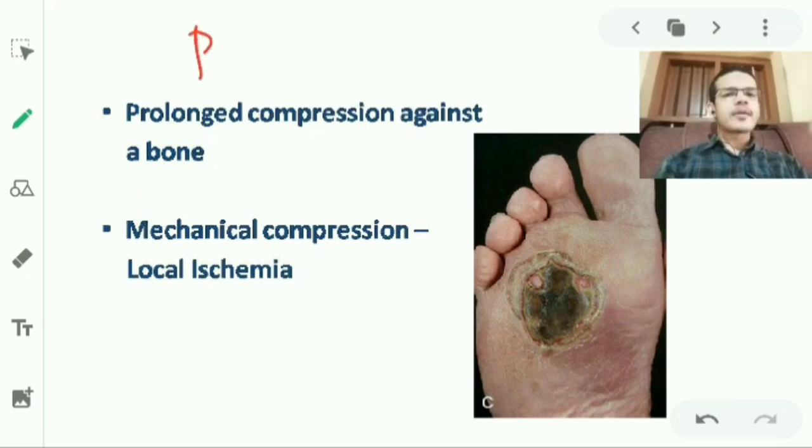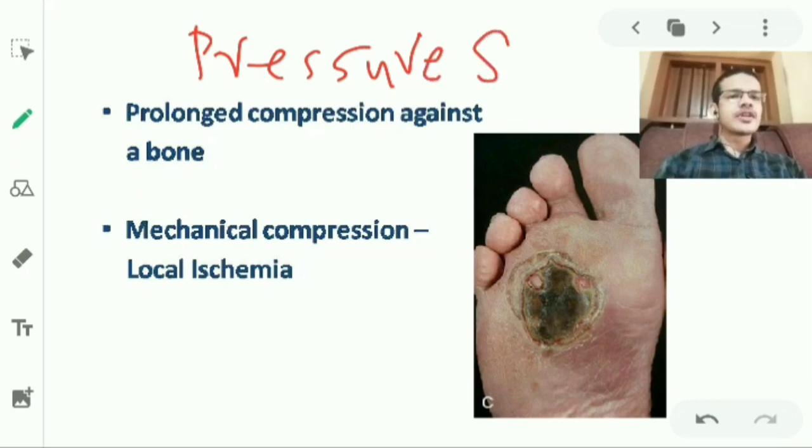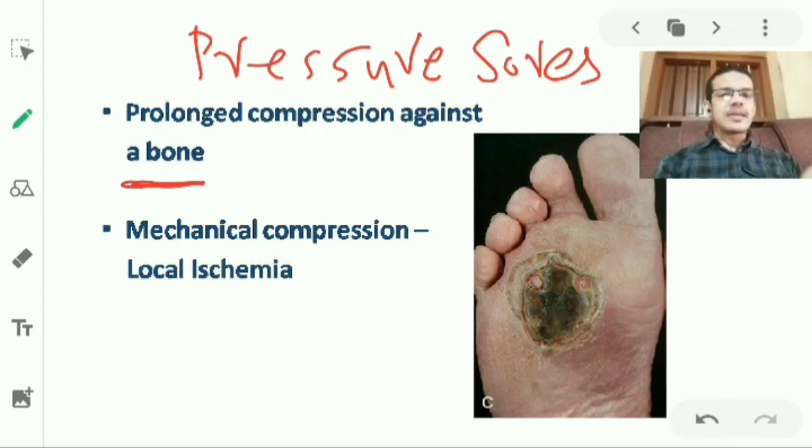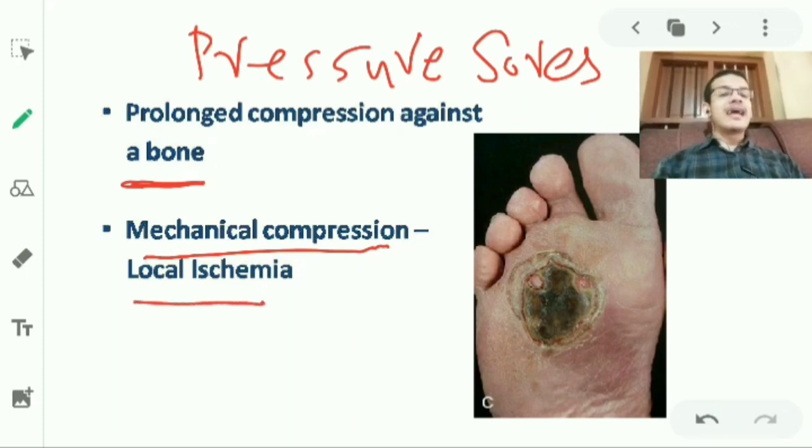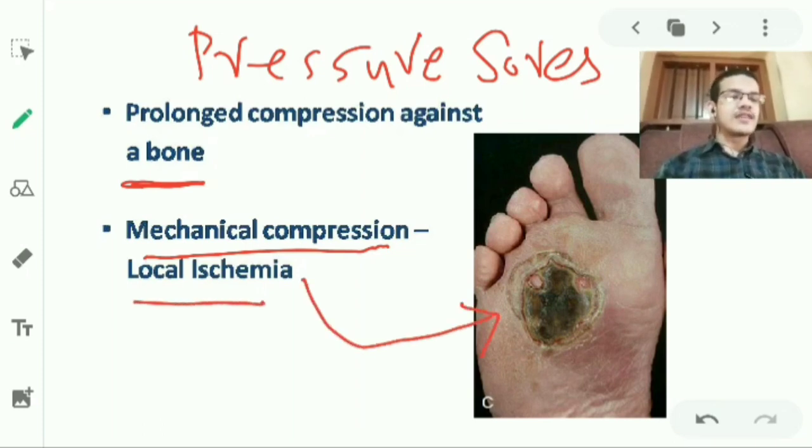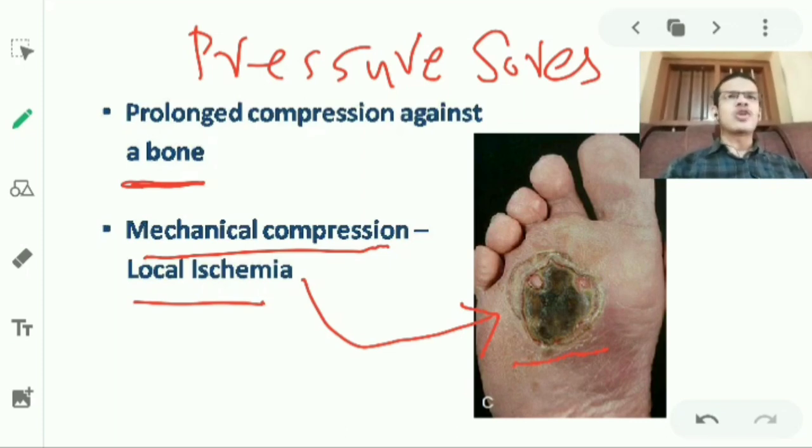Speaking about something known as pressure sores, the name gives it away. If there is prolonged compression of soft tissue against a prominent structure like a bone, that is going to cause ulceration, necrosis of that region. The mechanical compression of that particular region blocks the blood supply, and if it prolongs, it leads to necrosis and gives such an appearance. Pressure sores are very common in people who are bedridden for a long time, like stroke patients, and can be a cause for secondary embolism also.